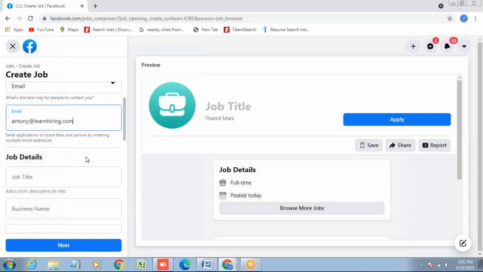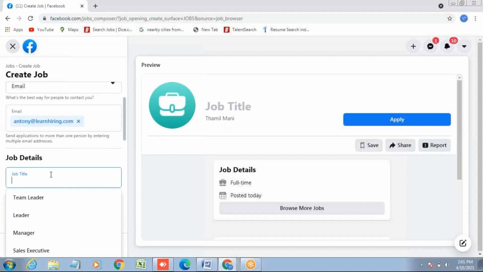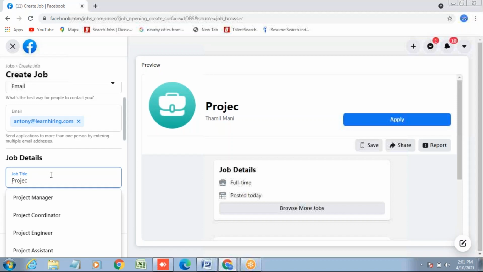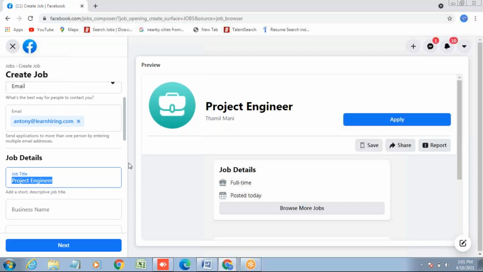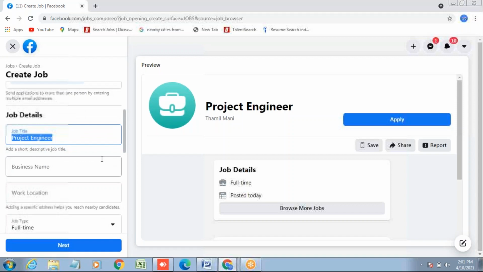Type the job title as project engineer. You can click senior project engineer. Type it as senior project engineer.